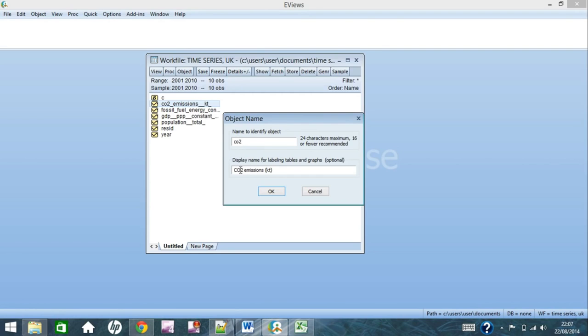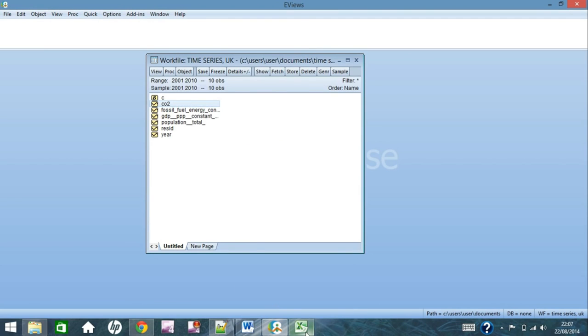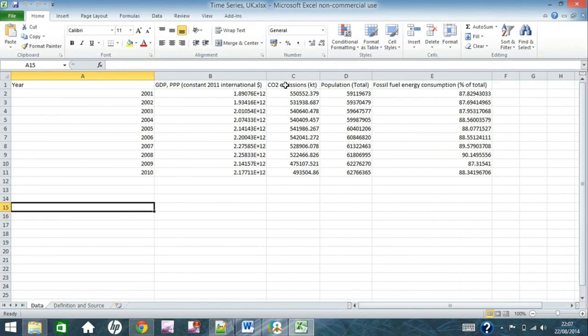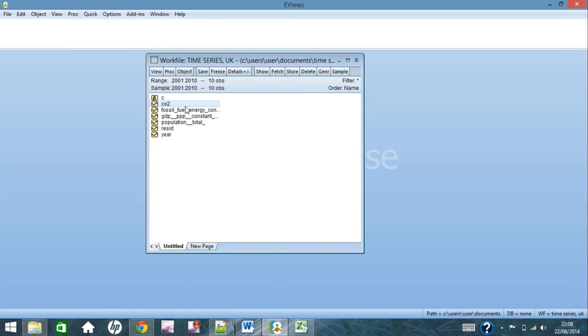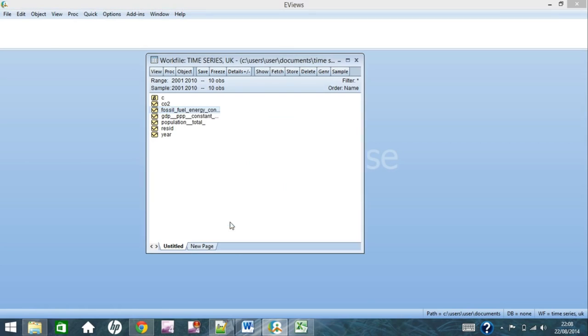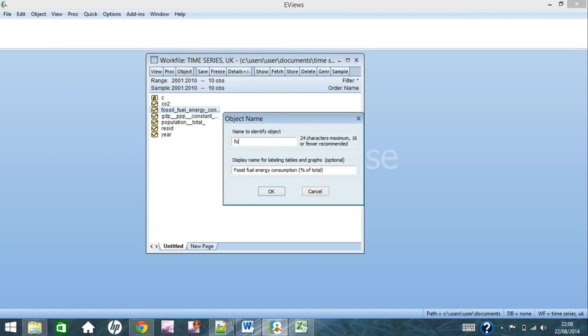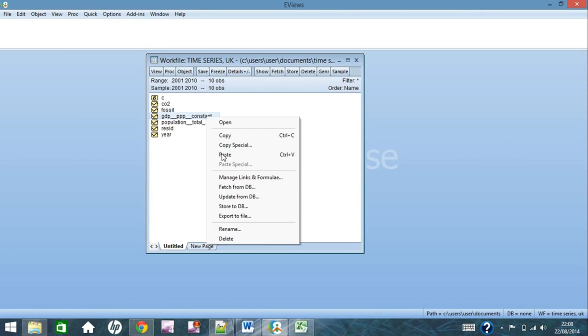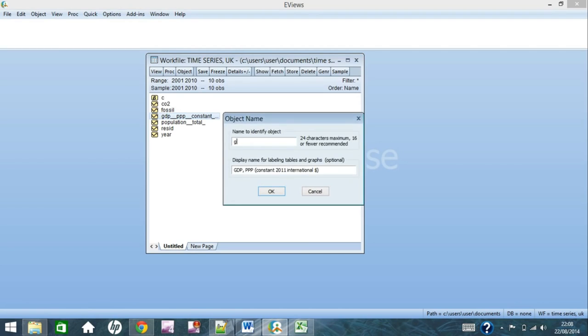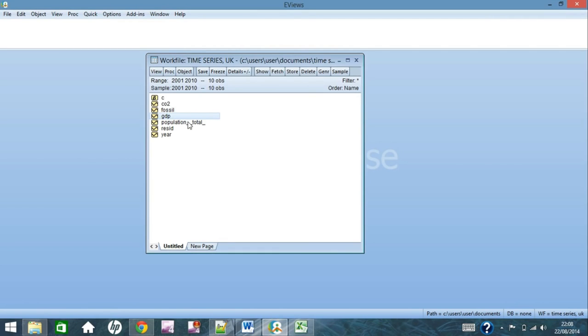And as you can see here, it will keep the original name of this indicator for use on tables and graphs and everything. It's an optional thing, it states there. We'd like to keep that there. As a failsafe, you still will have it on your Excel file here, so we don't need to worry about losing it at all. Back to the file, if we just rename all of these quickly, it will save a lot of time when typing out your regressions. So just name that fossil, GDP,